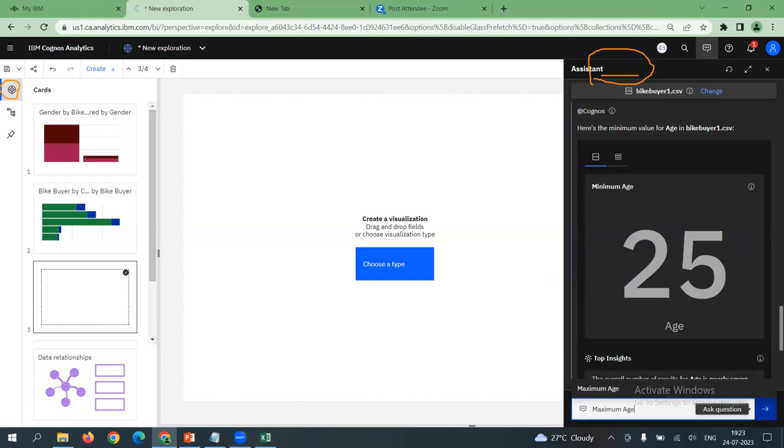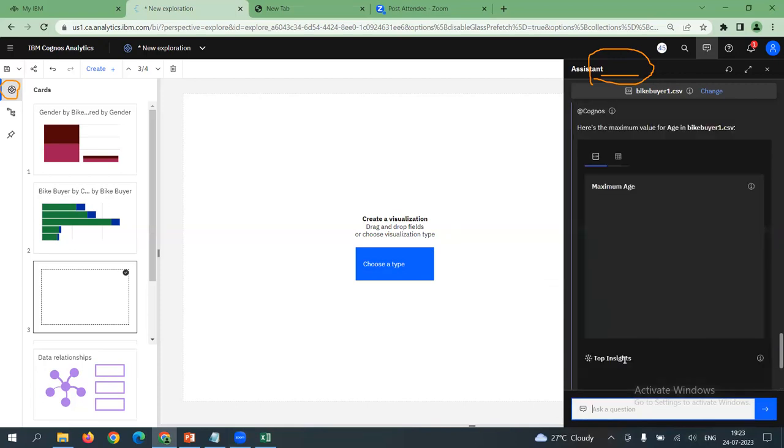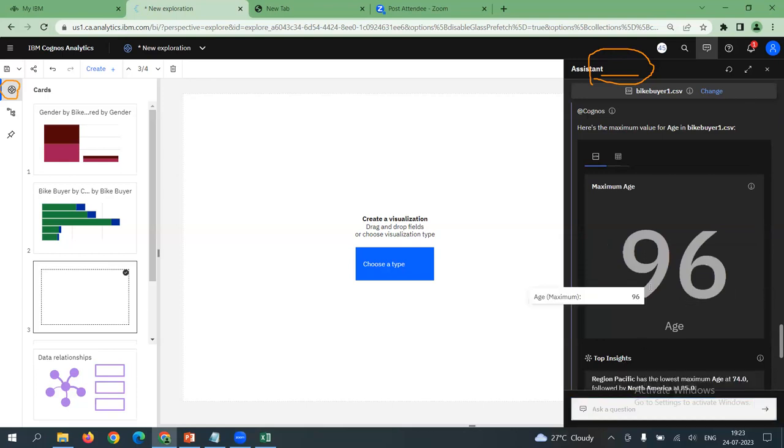Like that, find maximum age. Maximum age. What is the maximum age of the individual? Let us see. I am just doing boundary value analysis here, BVA. 96 years. That means all the respondents' ages are fitting between, what is the age group distribution? Anybody? 25 years to 96 years is the age distribution.